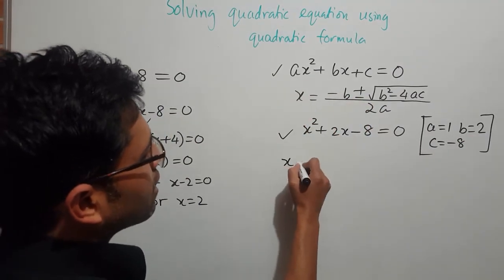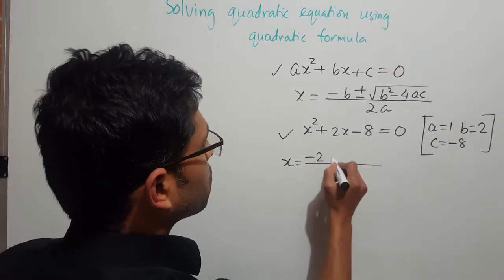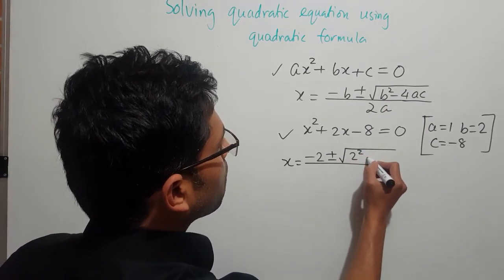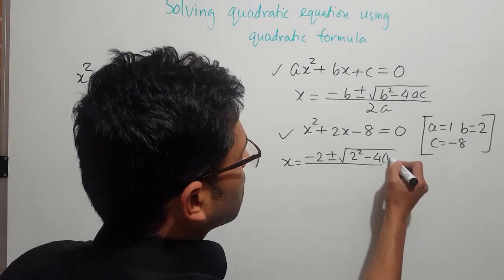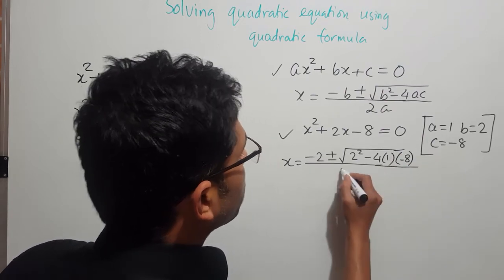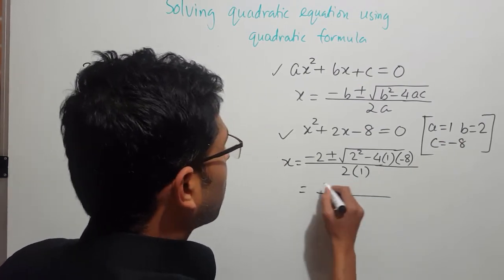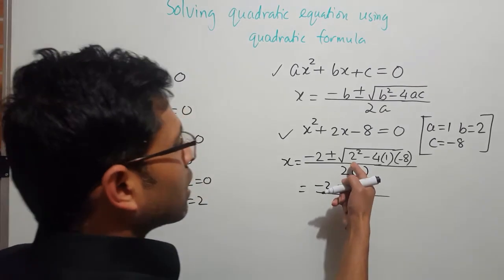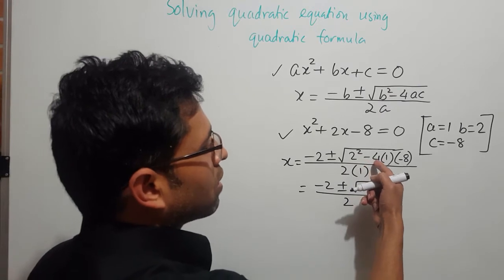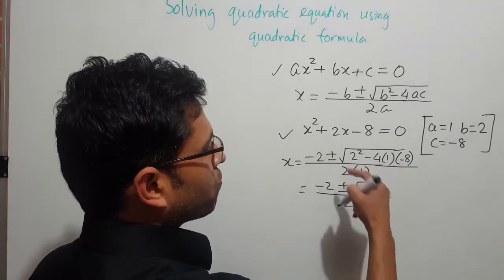So x equal to minus b, which means minus 2, plus minus square root of b squared, which is 2 squared, minus 4ac, where a is 1 and c is minus 8, divided by 2a, which means 2 times 1. So now it will end up with minus 2 plus minus square root. 2 squared is 4, then minus minus becomes plus, 4 times 8 is 32. So 32 plus 4, which is